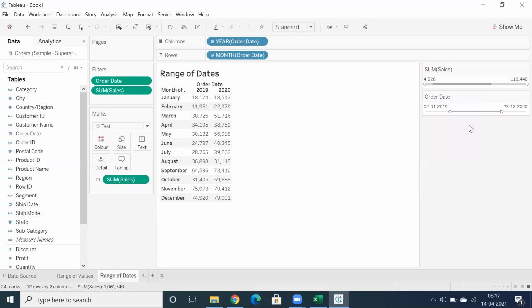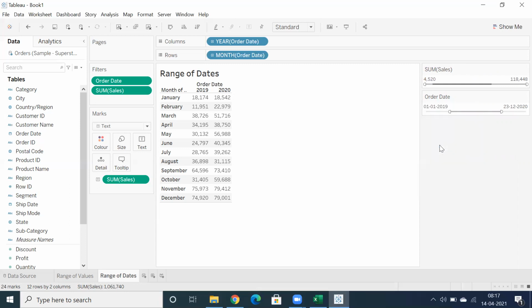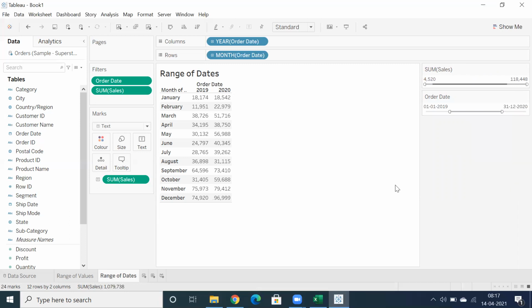What date do you want to select? We are getting January 2nd, but click on January 1st. That's it. And what is the end date? You want to showcase December 31st, 2020, select December 31st, 2020. That's it. You can see I'm able to get 2019 and 2020 sales. So that's the flexibility we do have.